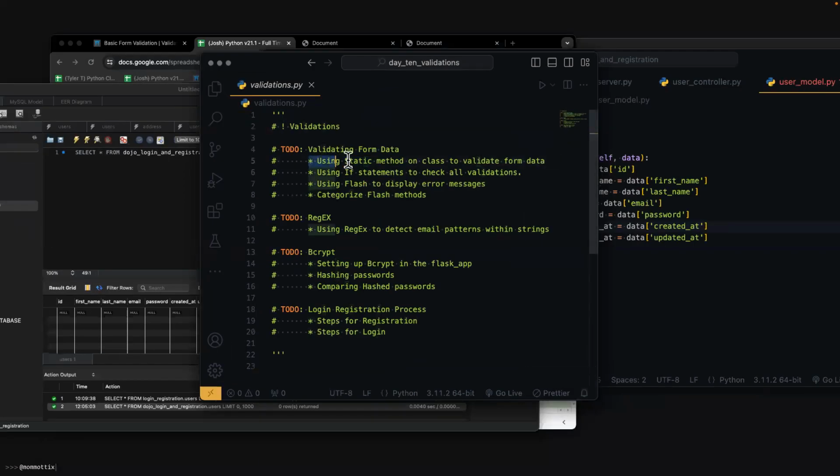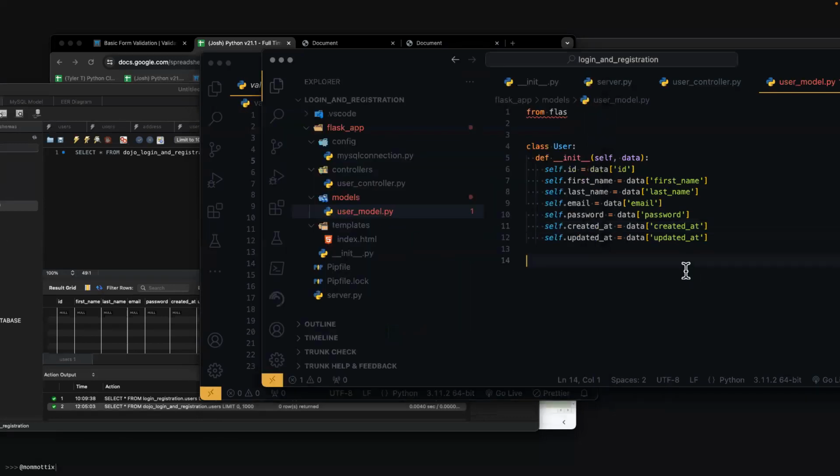All right. We are going to start to build our first static method. Within our static methods, we're going to start building if statements. These if statements are going to check if our entries are valid, right? So this is where we start creating a validation at this point. Now, in order to check if our entries are valid, we need to have